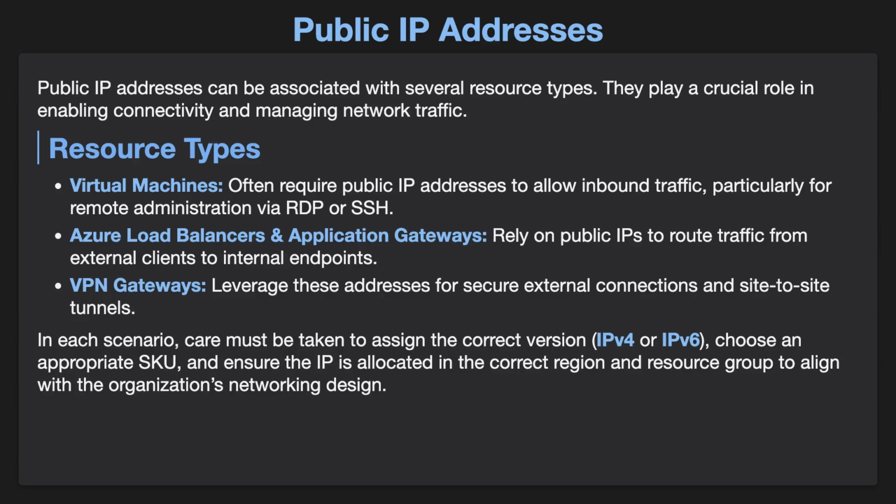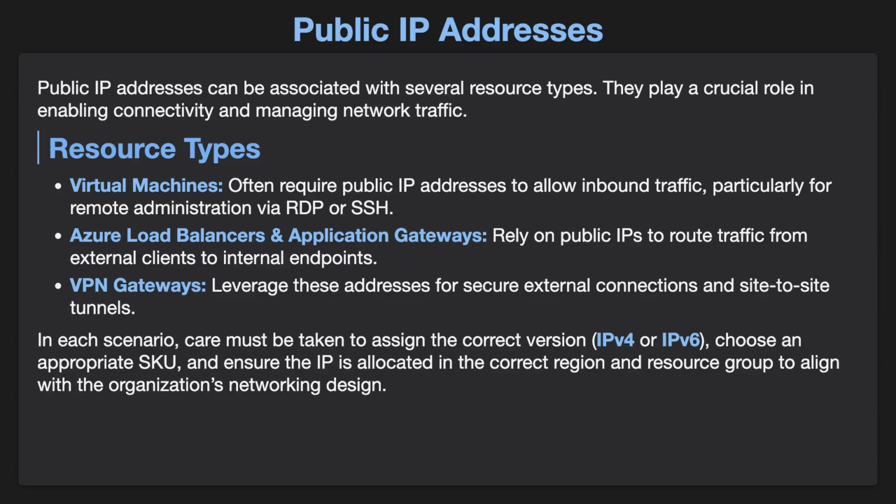VPN gateways leverage these addresses for secure external connections and site-to-site tunnels. In each scenario, care must be taken to assign the correct version, IPv4 or IPv6. Choose an appropriate SKU and ensure the IP is allocated in the correct region and resource group to align with